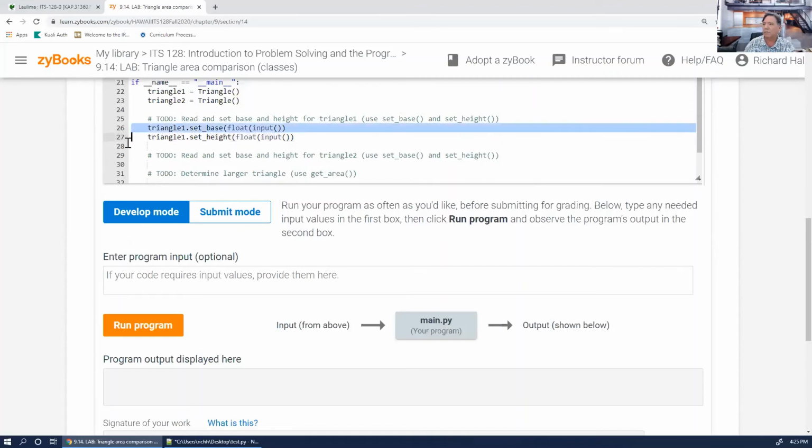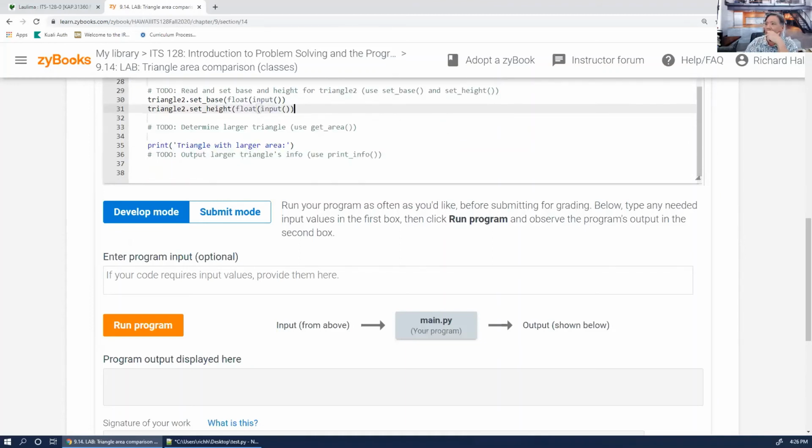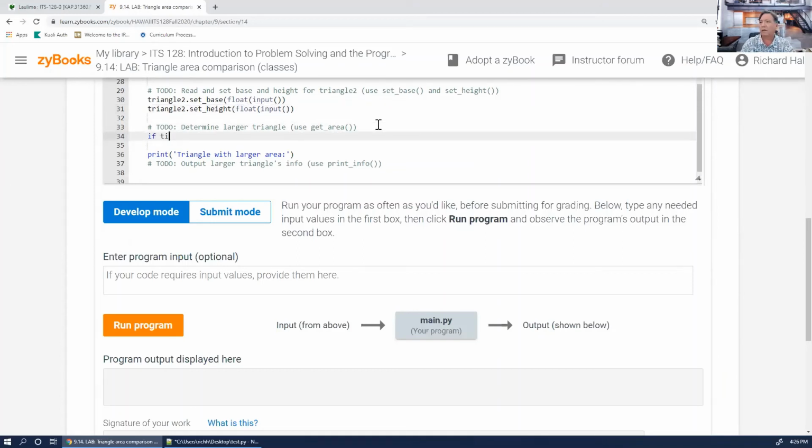Same with this, except we're doing triangle 2. Determine which one is bigger. All right. If triangle 1 dot get area is bigger than triangle 2 get area. If triangle 1 is bigger, then